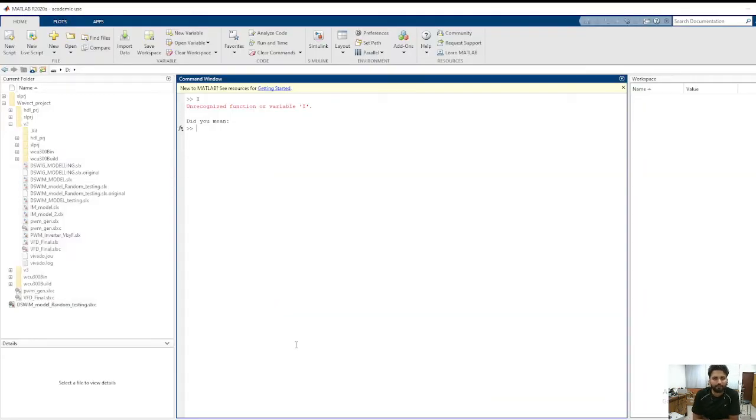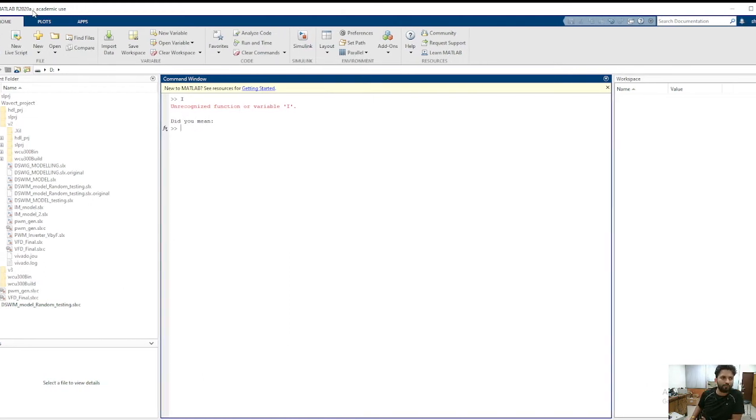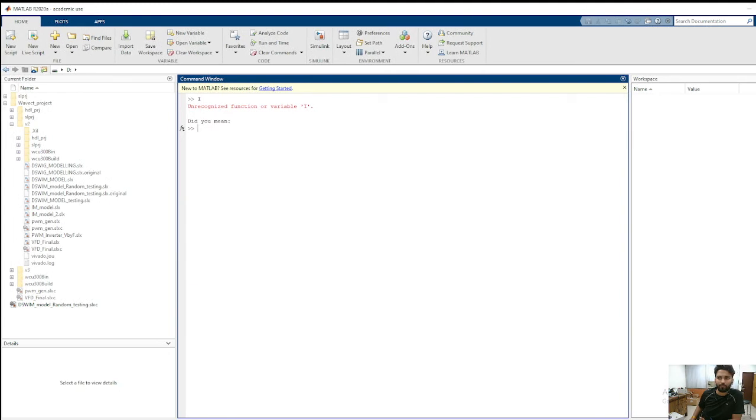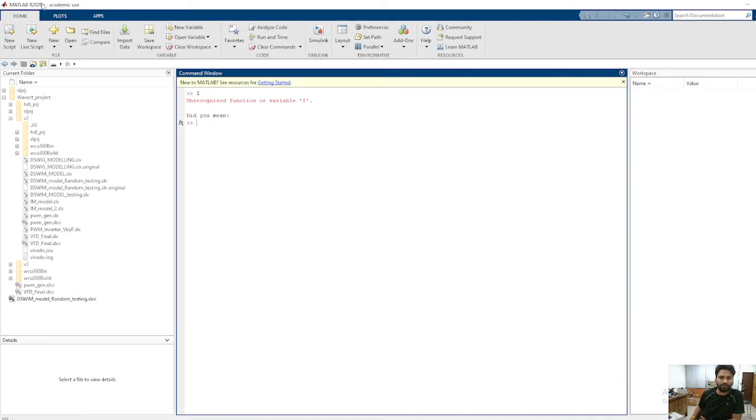So this is a basic MATLAB. When you install MATLAB and you open it, this is the first platform you face. I'm using MATLAB 2020A, and there are more updated versions also. 2021A is also there, but I'm using 2020A.